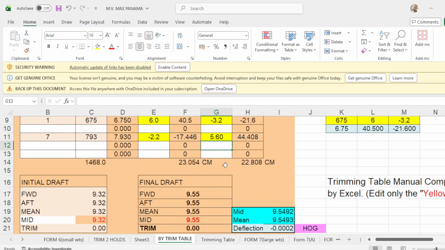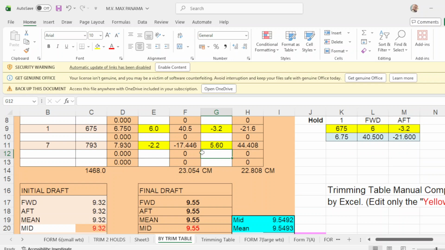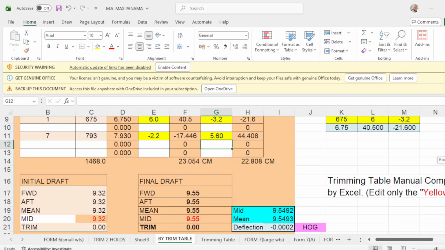So what I'm trying to say is, you just adjust this forward and up correction. Adjust this one, and now you will get exactly the right figure of your departure drop or mean drop of 9.55. So just a small adjustment, and look at your deflection is 0. Okay? This is your trim table.